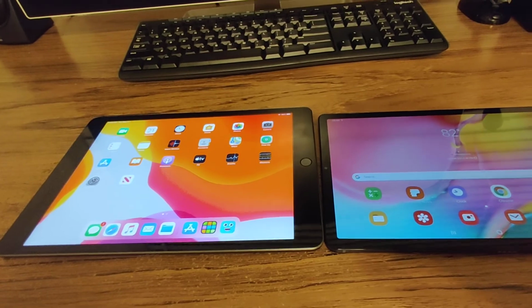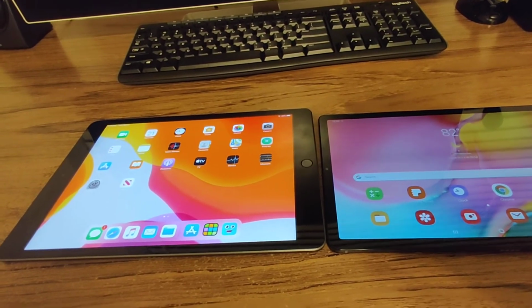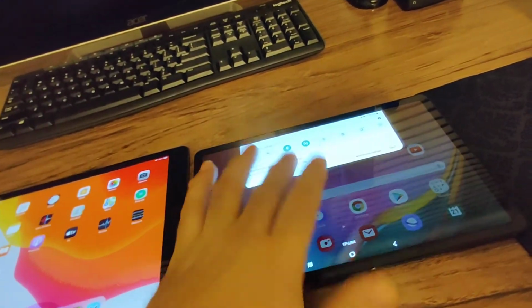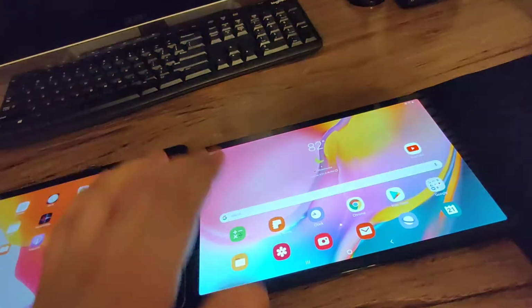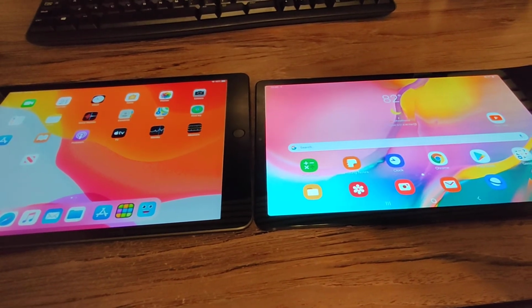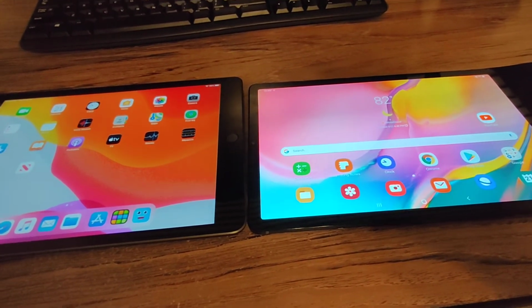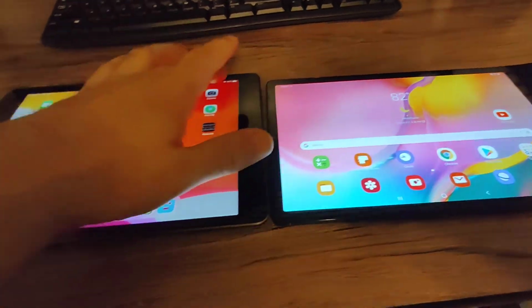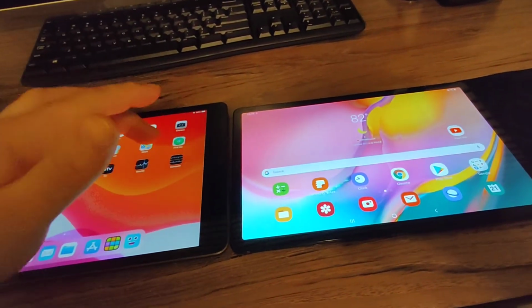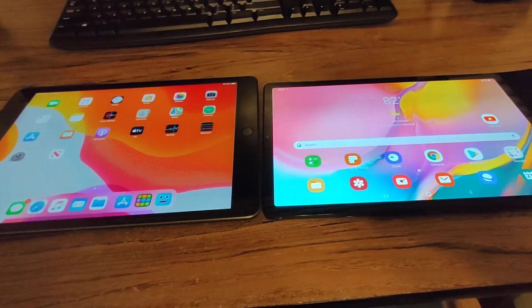It's all locked down. It's very unintuitive. You have to actually go into settings to do a lot of things that you can just do on the pull-down shade in Android. And I know Apple copied a lot of Android things anyway, but it takes them long enough. I don't think they used to have much of a pull-down shade at all, and now they've got this that's more like Android. So at least it's better, but it's still not fully up to Android